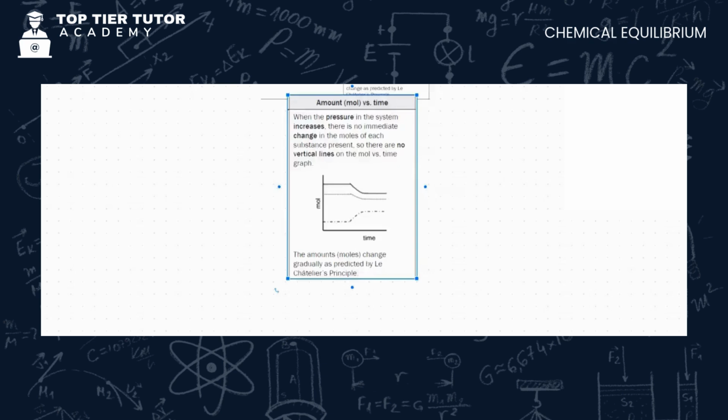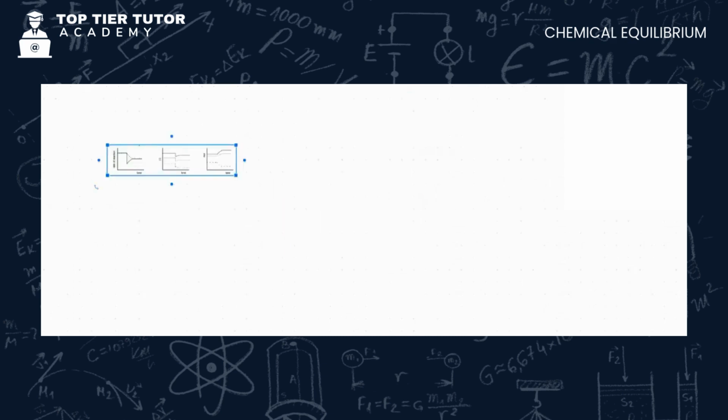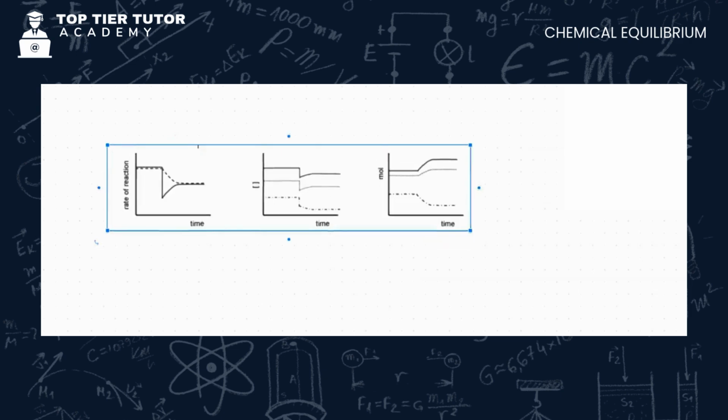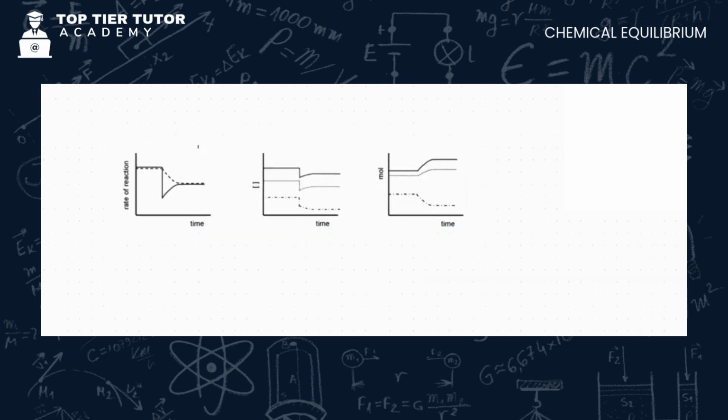We will take a look now at decreasing the pressure by increasing the volume. If we wanted to decrease the pressure, we would do this by increasing the volume. So we said that concentration is inversely proportional to the volume. So that means that if we increase the volume, we are then going to decrease the concentration,